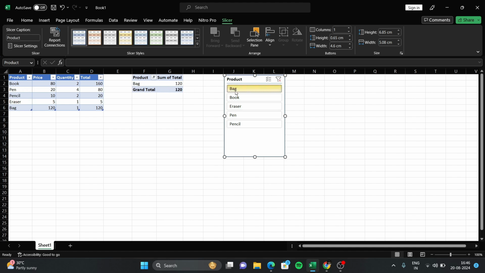So we can select one row or multiple rows from the slicer tool. To select multiple rows, we hold Ctrl and select all the rows we need from the slicer tool. Or we can select multiple rows by clicking an option called multi-select in the top right corner of the slicer tool.